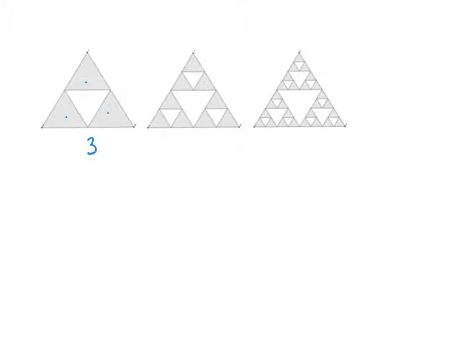I have 3 triangles here. 1, 2, 3, 4, 5, 6, 7, 8, 9 triangles here. 1, 2, 3, 4, 5, 6, 7, 8. I'm just going to pretend I counted all of those. There are 27 there. Okay, so the best thing to do, I know that you want to just look at